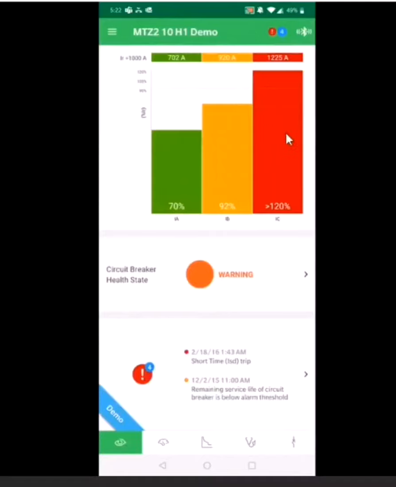And then there is the trip reason: if your breaker is in a tripping zone, at any given point of time it can pass the threshold and trip the breaker. So at a glance you get the level of your current and the loading with color codes. Next, what warnings are available on the breaker. Once you click here, you get the warning detail.